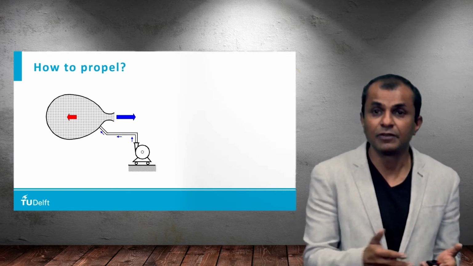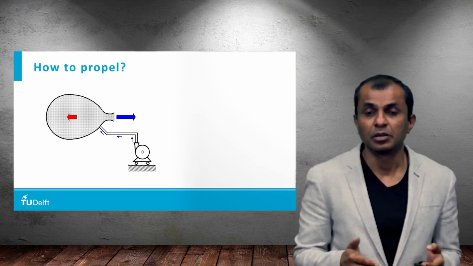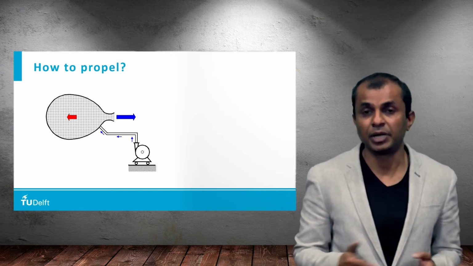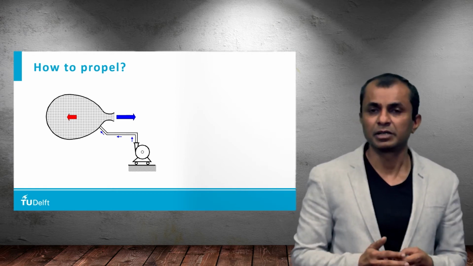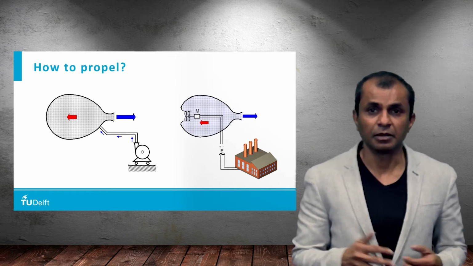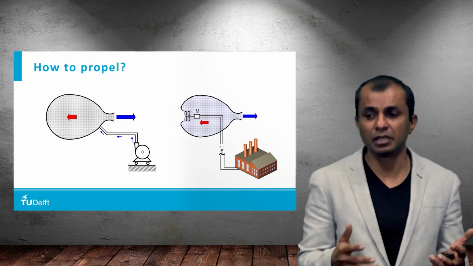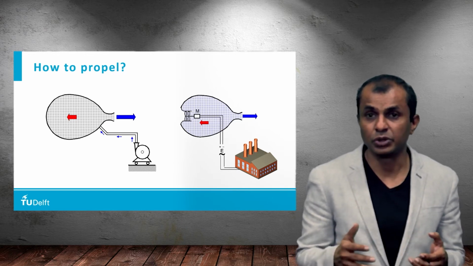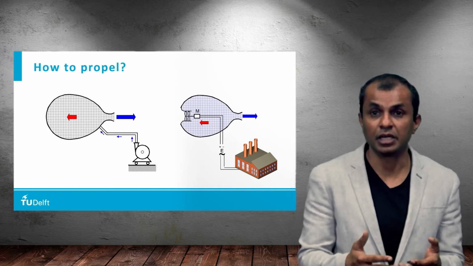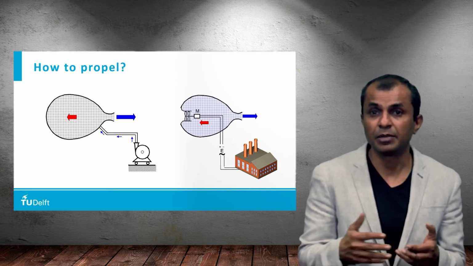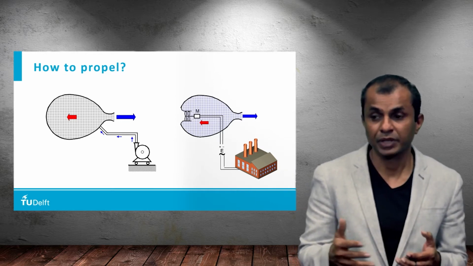Okay, better than what I did in the demonstration here, but nevertheless, because the balloon is connected via the pipe, the balloon will not go far. Can we be a bit smarter? Yes, we can. So what if we have a small compressor inside the balloon? This compressor, what you see, is taking the ambient air, compressing it, taking it to higher pressure, and this high pressure air then comes out of the balloon in the end.